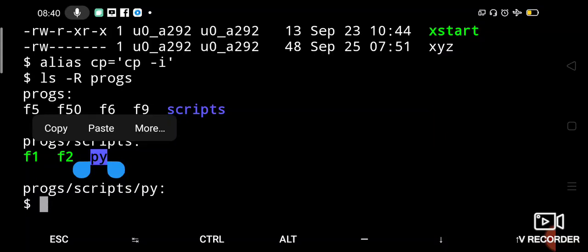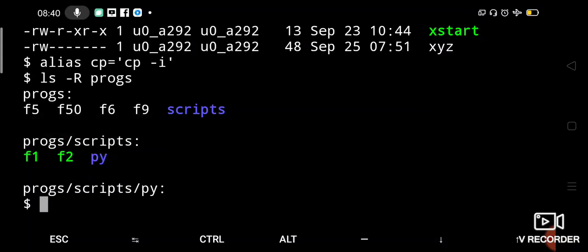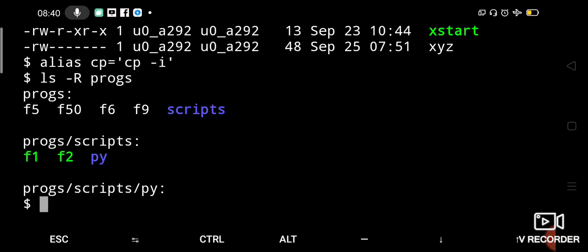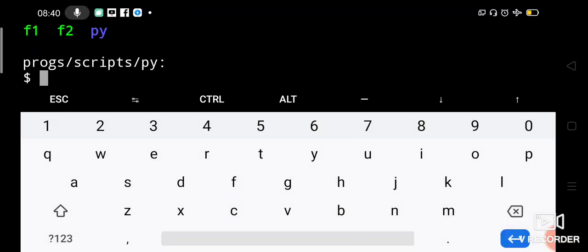files, let us say. Okay, under py we don't have anything. So this is the structure. Under programs I have scripts, under scripts I have py. Okay, so let me create a shortcut for this path. I will say alias cd py equal to